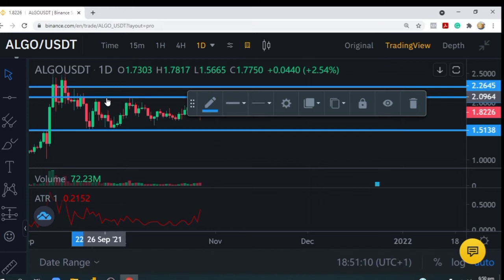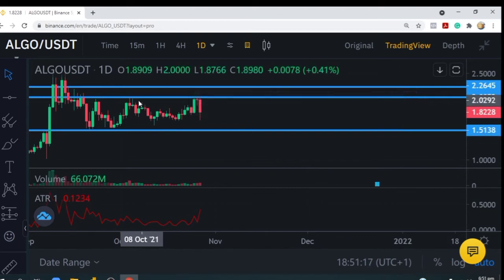Sellers step in to push the price down. So it continues like that, and we have this point. Sellers are not allowing the price to go beyond this particular point. It gets there, they push it down, buyers step in again, push it up,